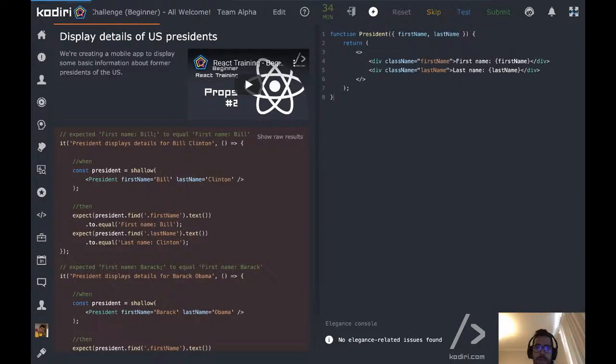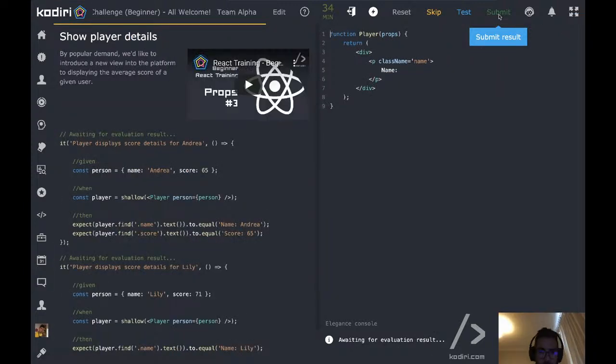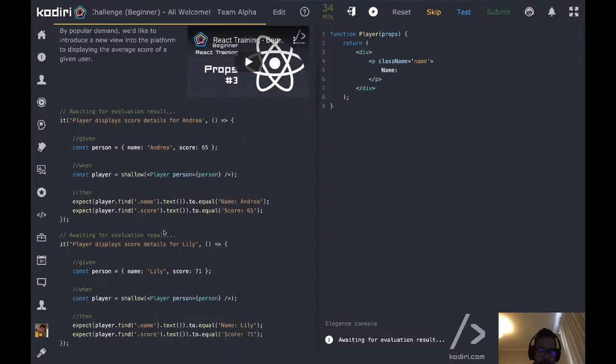So let me jump to question number 3. So what we got today here? So player details. What the hell is that? So player displays a score detail for Andrea. All right. So can anyone tell me? It's some sort of similar question, right? So we got